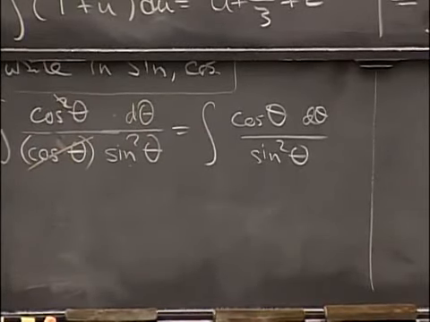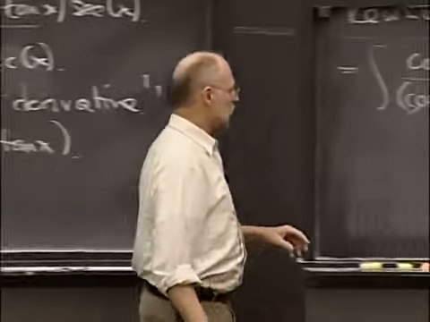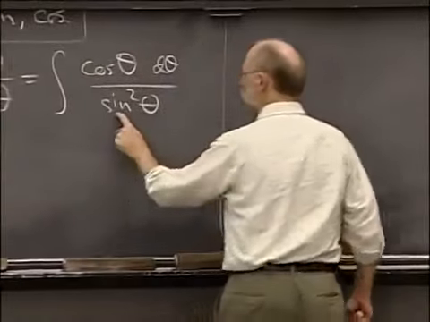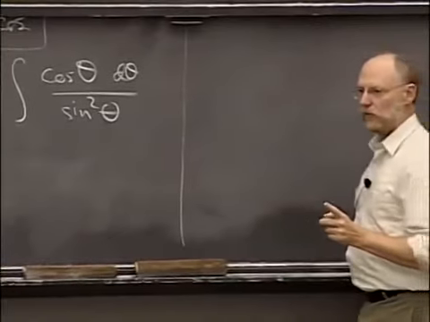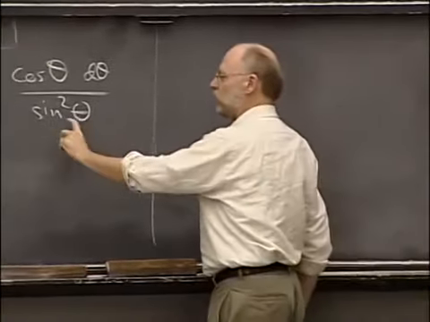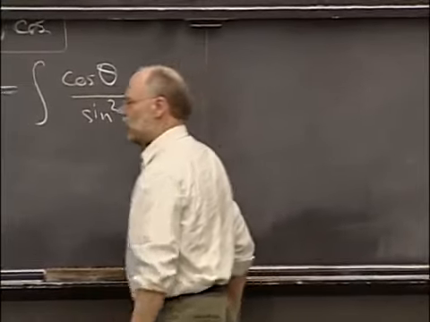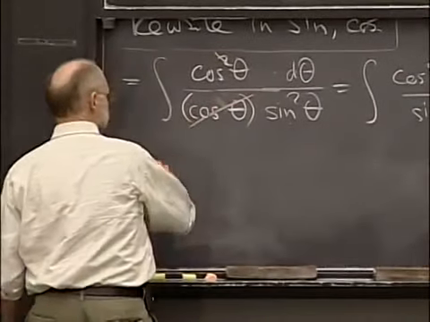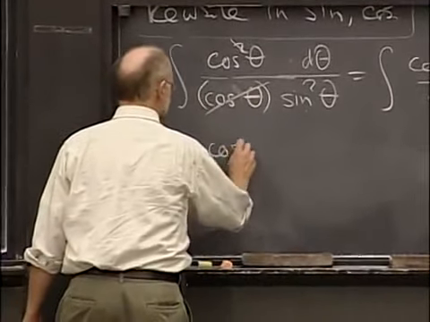That's a little simpler, and it puts me in a position to use the same idea I just used. I see the sine here. I might look around in this integral to see if its derivative occurs anywhere. The differential of the sine is the cosine. And so I'm very much inclined to make another substitution, say u, a direct substitution this time,